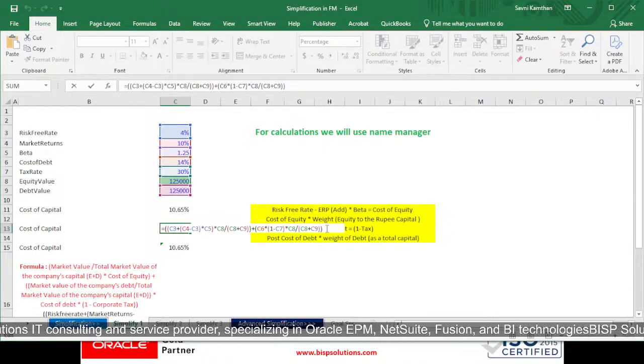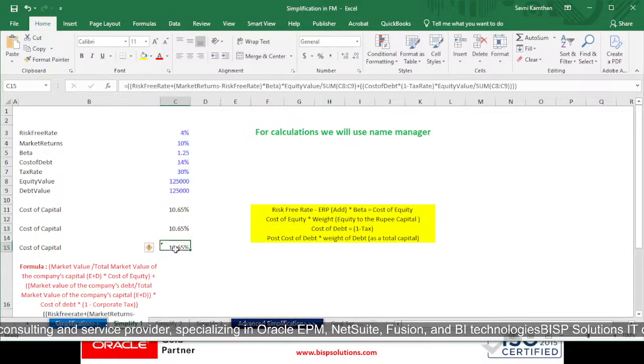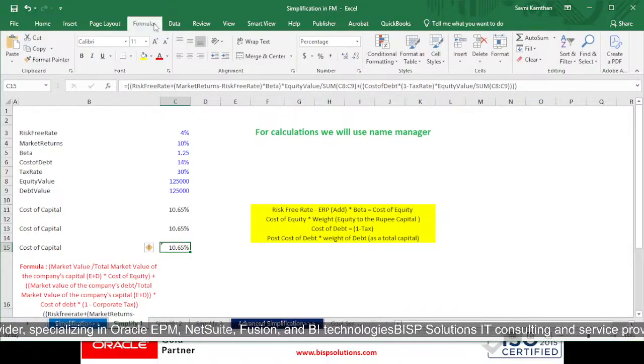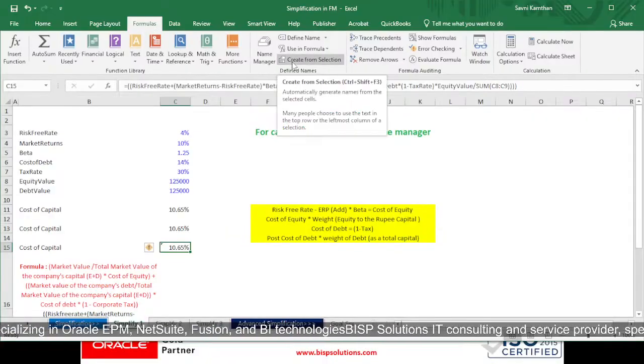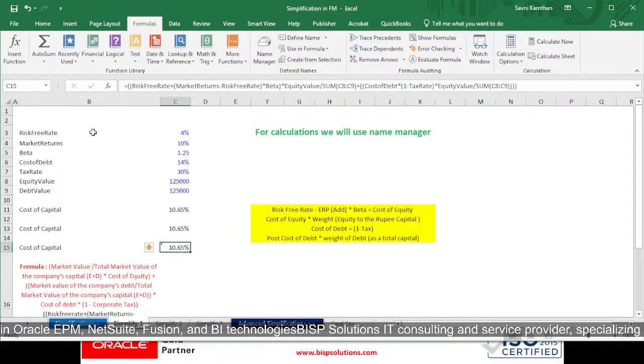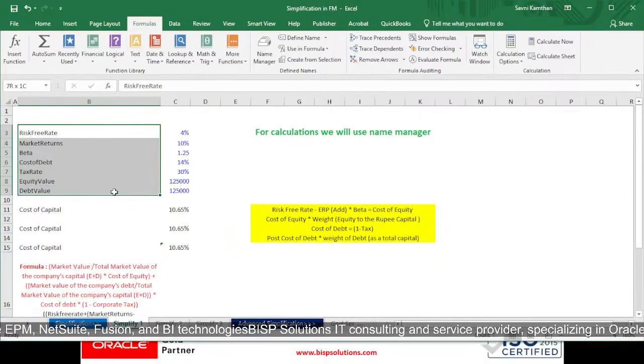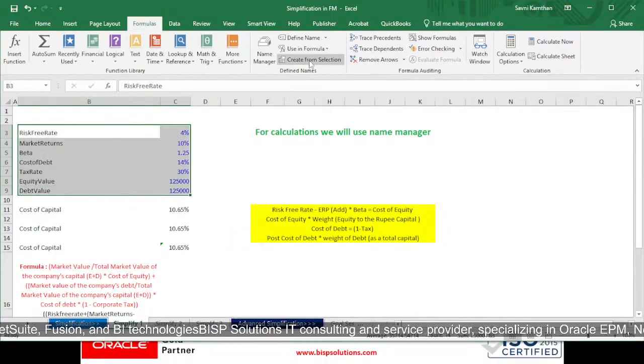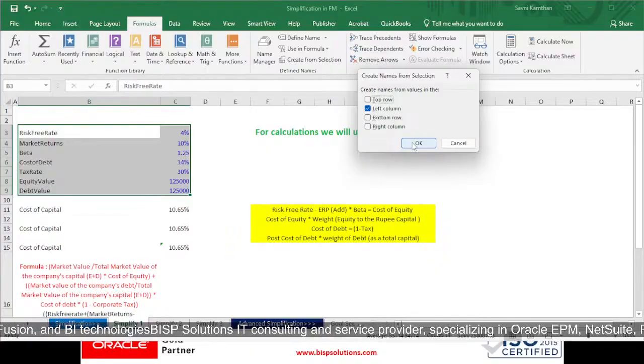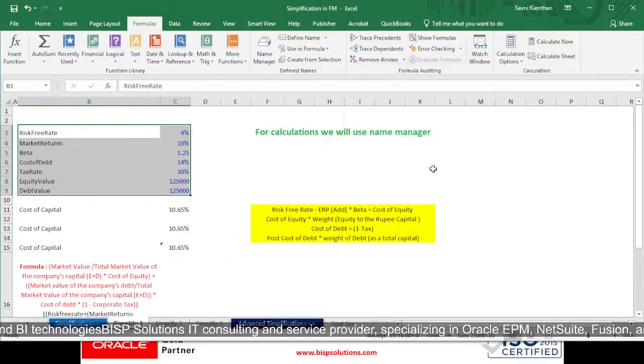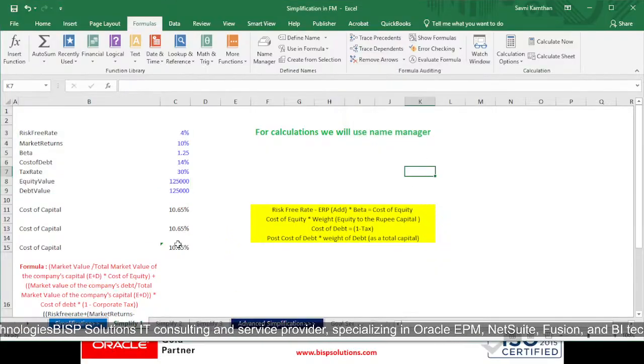Like that we can do cell referencing. Apart from that, we can use Name Manager. Name Manager comes under Formulas, and under Formulas we get Create from Selection. First we have to select the data over here and select this option, and once you click OK,